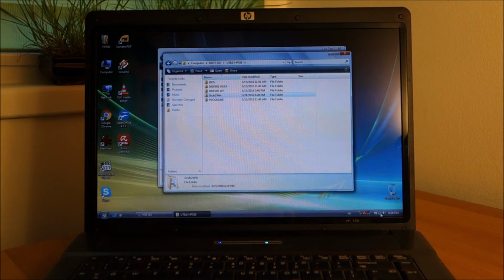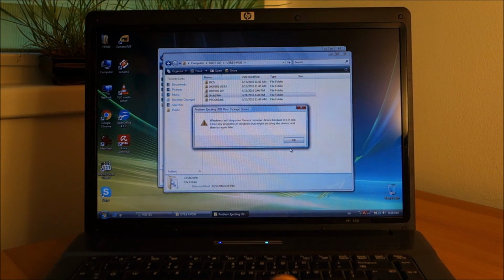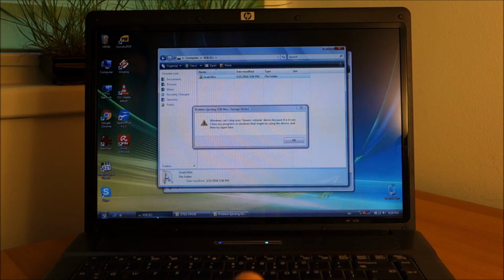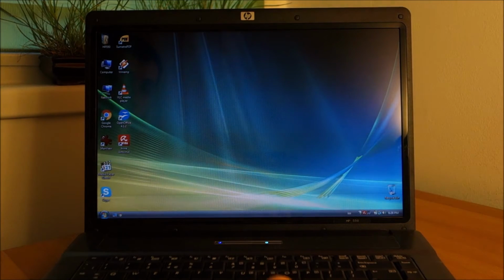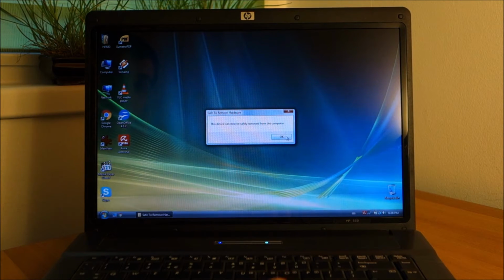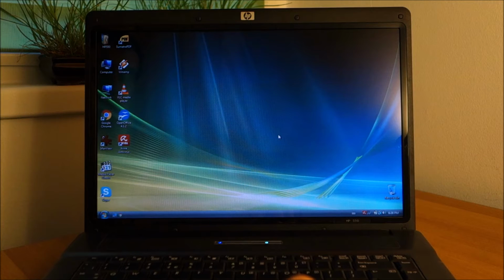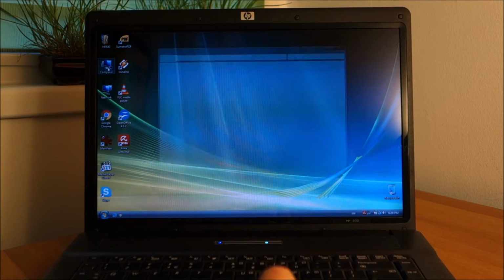Okay, remove the USB drive as we don't want it to boot from it. Okay, what do you want? It wasn't closed. Maybe that was the problem. Let's close everything. Okay, unplug the USB drive. And yeah, let's install